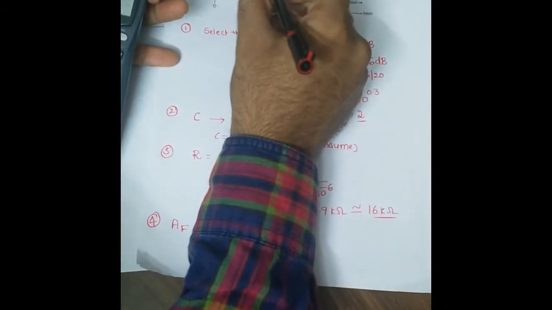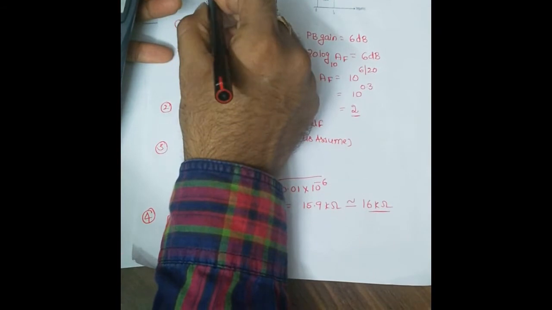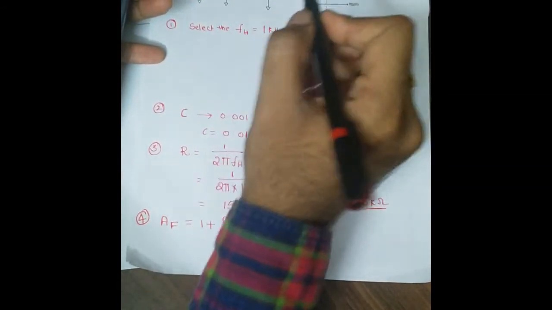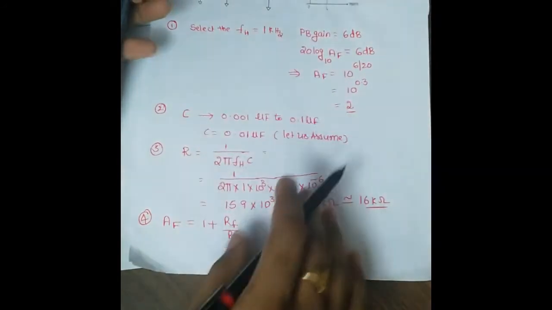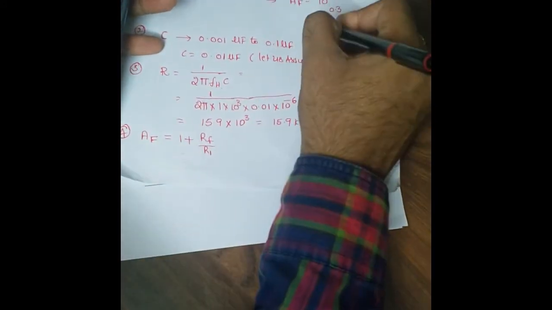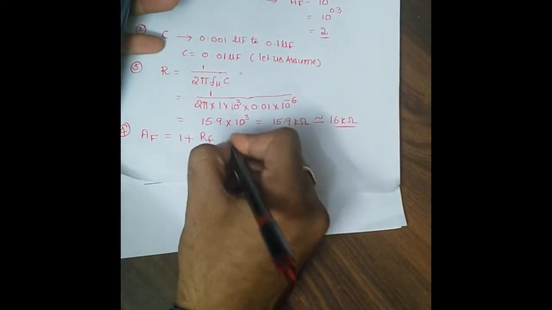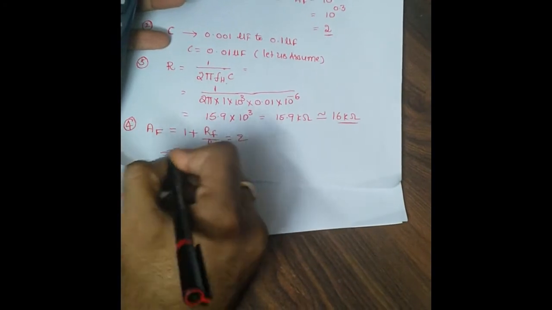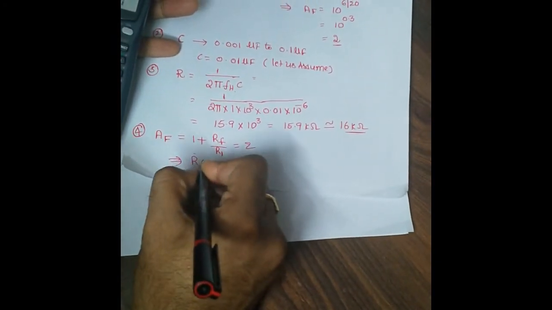Since it is a non-inverting amplifier, we have given the input to the non-inverting terminal. So it will be considered the non-inverting amplifier, which has a gain of 1 plus RF by R1. This value we have selected as 2. So 1 plus RF by R1 equal to 2. From that, we can say that RF equal to